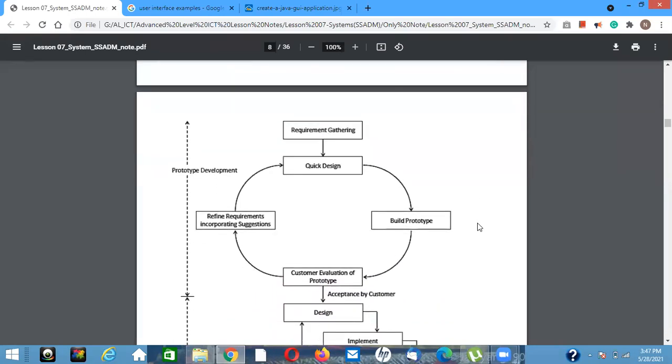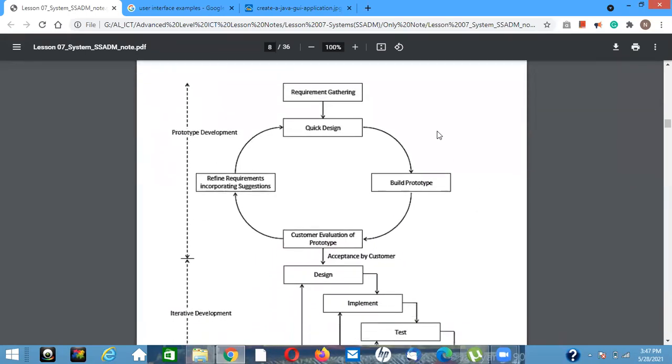So here the team gathers requirements and designs the prototype quickly. Then they build the prototype using some particular software, then customer evaluation of the prototype: show the prototype to the customer and take some ideas from the customer.